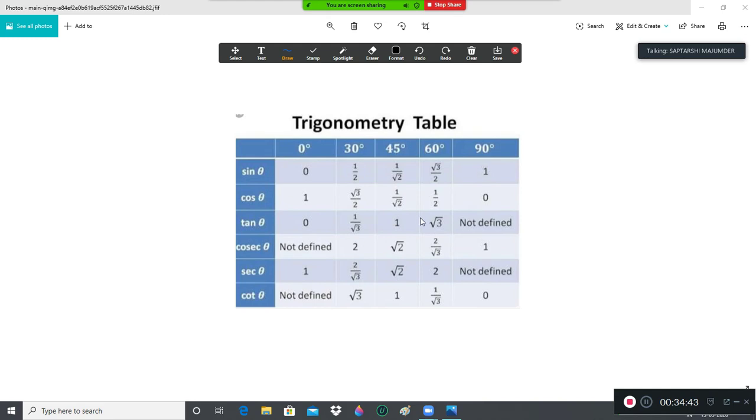I learned it, but don't be tensed. You will see that this whole table looks like learning a Purana at this age. It feels like jumping into the Mariana Trench, but it's not like that. I will also make another video so that you all can learn sine theta, cos theta, tan theta, cosec theta, sec theta, cot theta in just about 2 minutes. I am assuring you, you can learn it in 2 minutes.